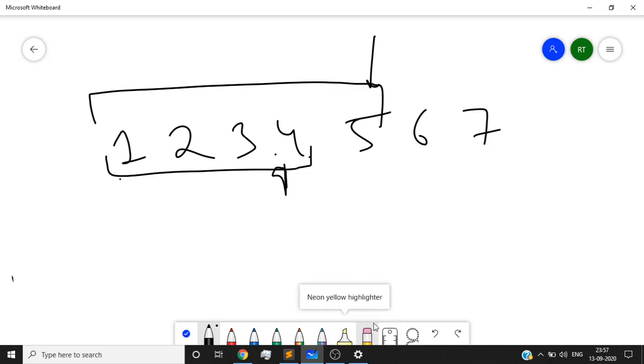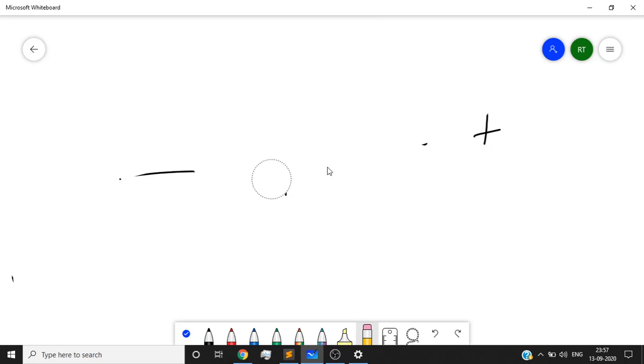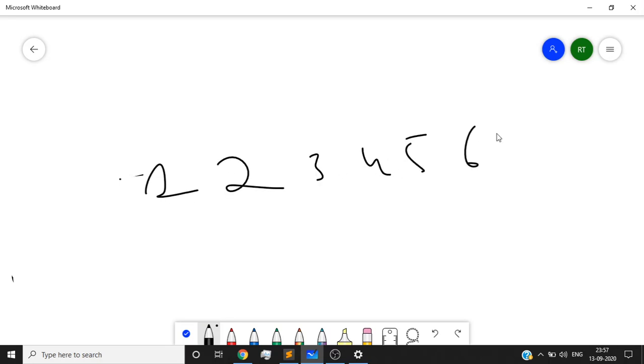I'll put my left pointer on 1 and my right pointer on n, then compute the mid, and then calculate the sum.